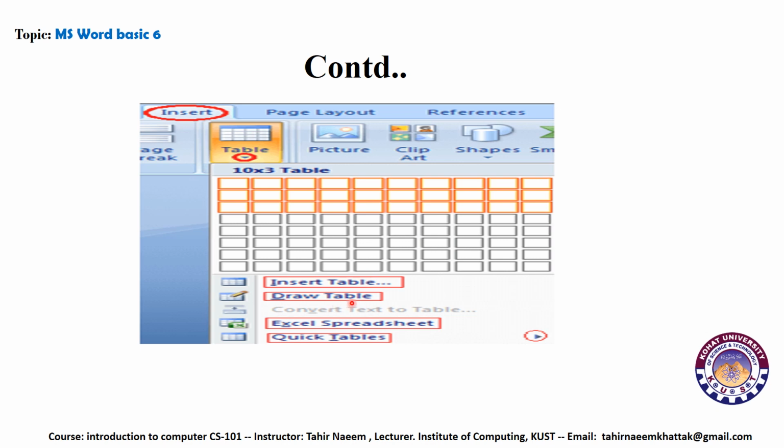A pen will be enabled, and we can draw horizontal and vertical lines according to our requirement. And there are other options available inside the table like Excel Spreadsheet or Quick Tables. Quick Tables is an already present table format inside the library, while with Excel Spreadsheet, if you want to insert an Excel spreadsheet inside our Word document, we can also implement it. The Convert Text to Table option is also present.